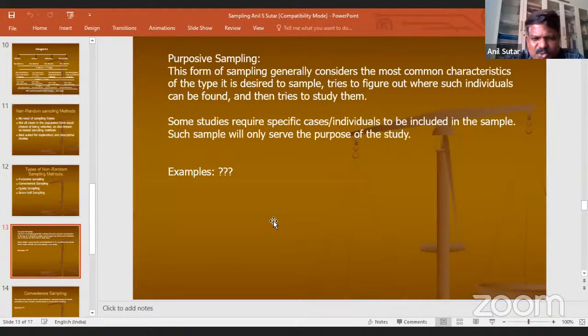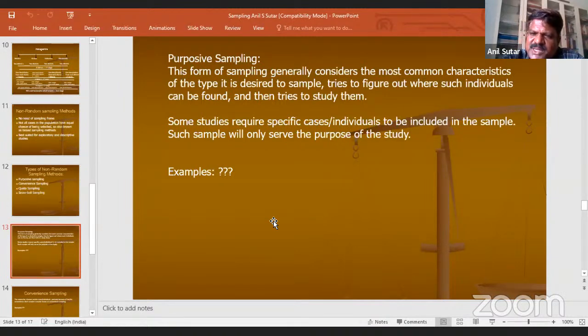Most of these qualitative, non-random sampling methods can go well in combination. For instance, first you can do convenience sampling, then you can apply purposive, or first you can do convenience sampling, then you can go for snowball sampling.